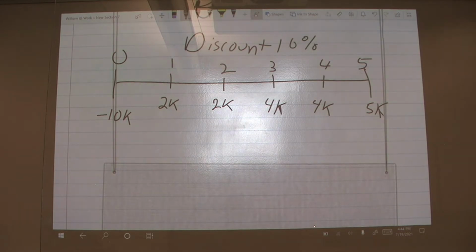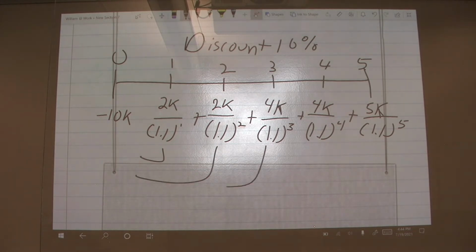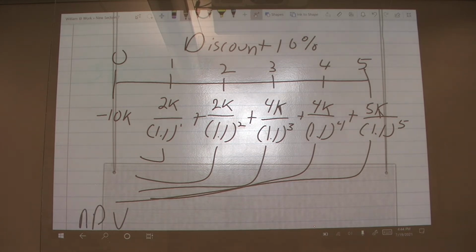So we can do it the formula way, which would be 1.1 to the power of 1, 1.1 to the power of 2, 1.1 to the power of 3, 1.1 to the power of 4, 1.1 to the power of 5. Add all these up, and subtract 10,000, which is our initial cost of our project, to get our NPV. Or we could go to our financial calculator,